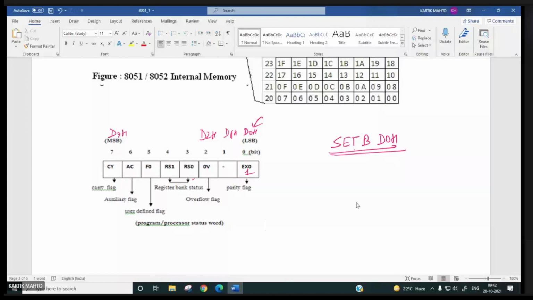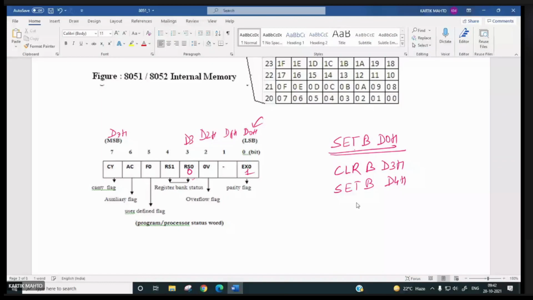And if you write CLR B D3H, then it will make this one 0. And if you put SETB D4H, then it will make this RS1 bit 1.